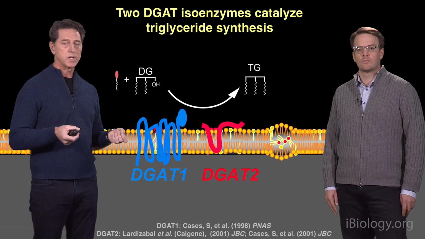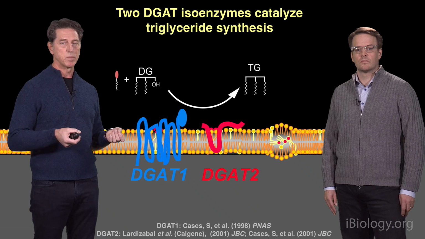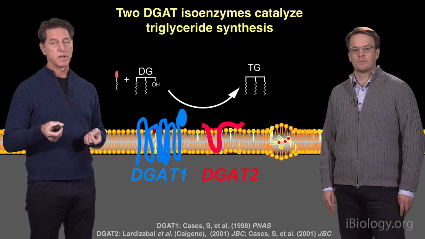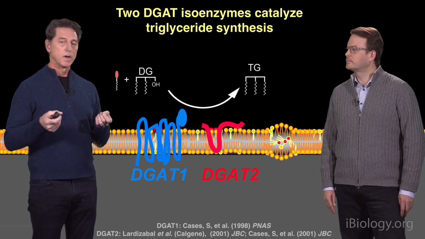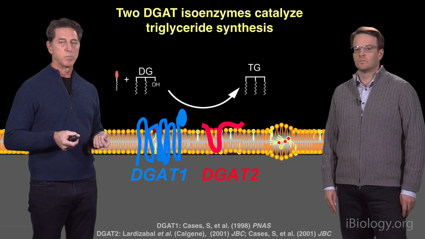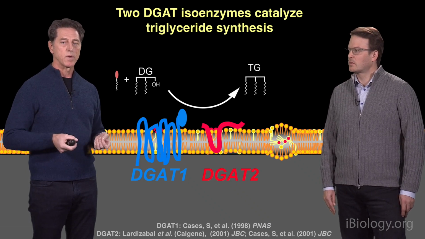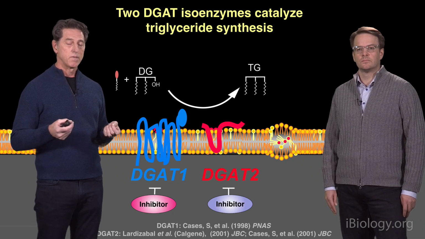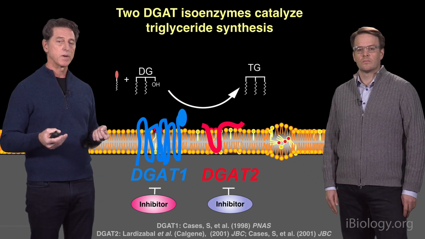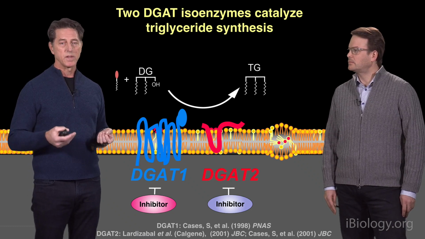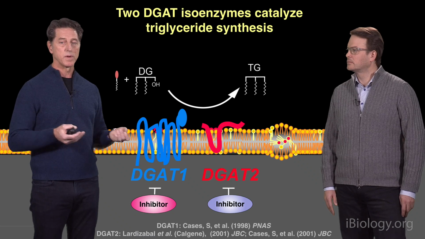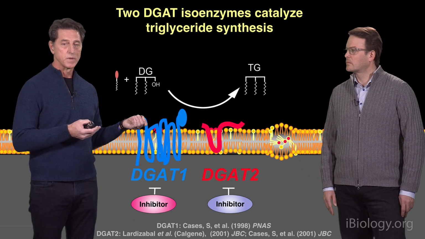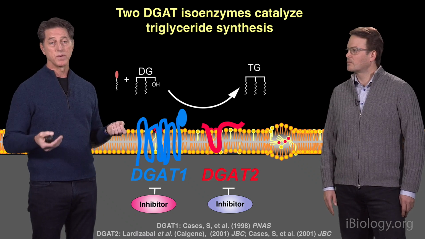DGAT1 is a polytopic membrane protein with multiple transmembrane domains and is a very hydrophobic protein. DGAT2, on the other hand, has one embedded transmembrane domain that anchors it to the endoplasmic reticulum as diagrammed here. Both enzymes have been the subject of pharmaceutical inhibitor development, and in fact there are highly specific and highly effective inhibitors for both the DGAT1 and the DGAT2 enzyme that are useful both for laboratory tools and have been taken